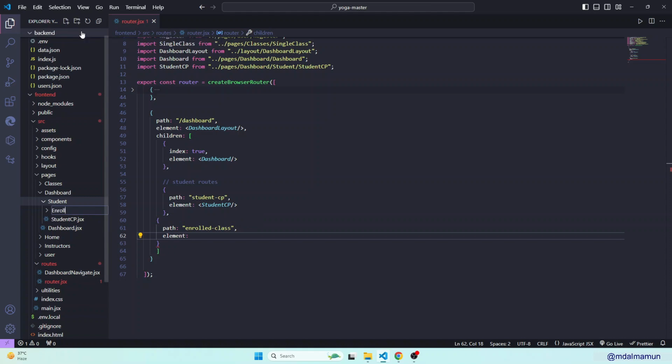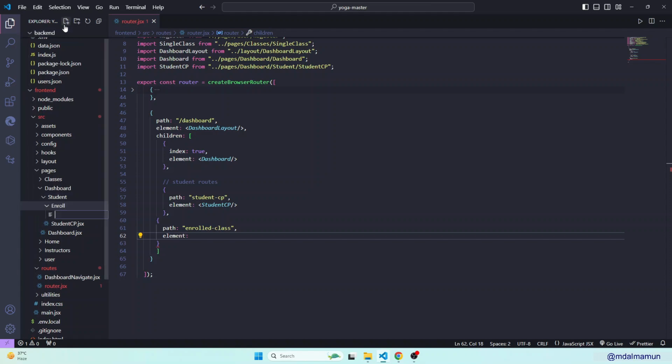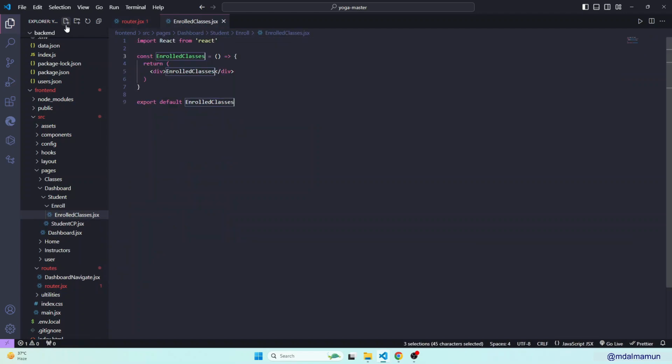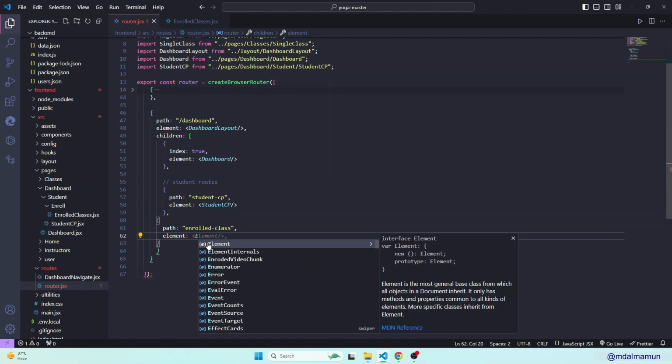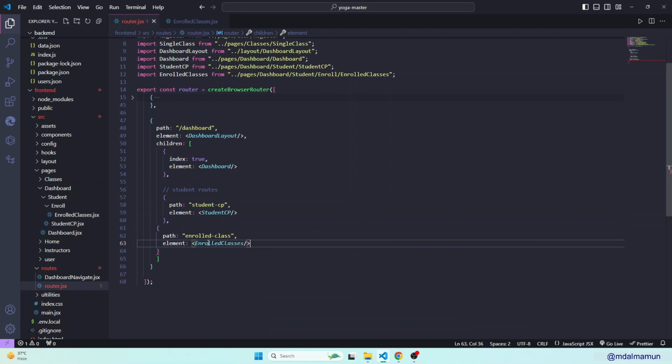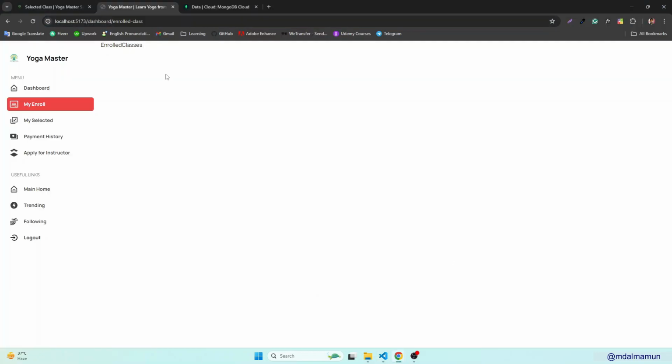So enroll, and inside this folder you can create a new file that would be enrolled classes .jsx, rfce, and instead of this, you can import the enrolled classes component here. Okay, so the enrolled classes component is here. Right now if you check, you can see the enrolled classes component is showing at the top. So we will have to design this,